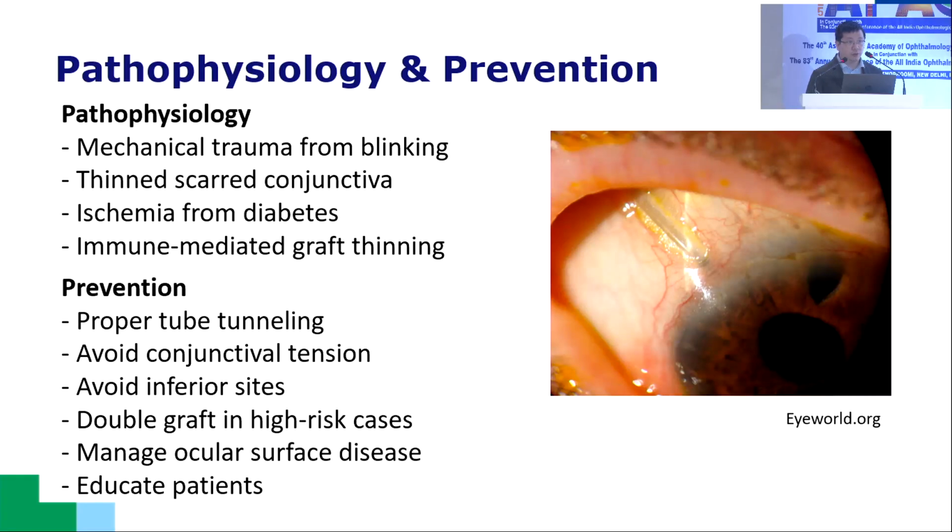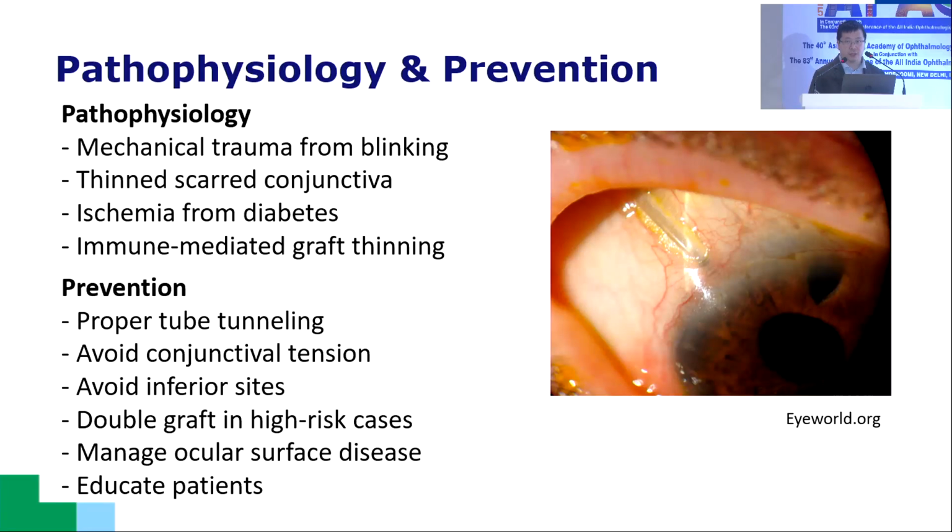Diabetes also contributes to ischemia of the conjunctiva, which makes it easier to erode, and there is some thought of possible immune-mediated graft thinning. Ways of preventing tube erosion include good tube tunneling, slightly longer tube tunneling, and avoiding conjunctival tension when you suture the conjunctiva across the scleral patch. Avoid inferior sites. Sometimes you might need to double graft the high-risk cases,